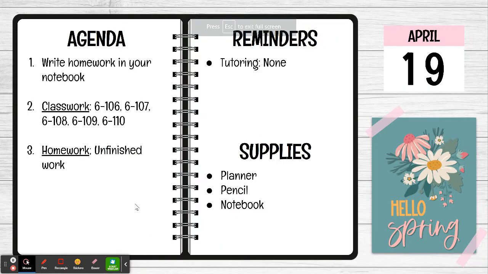Okay, so today what you're going to be working on is these homework problems together, or you can choose to work by yourself. So either with your team or by yourself, you are going to complete problems 6-106, 6-107, 6-108, 6-109, and lastly 6-110. So as I was doing this, I do want to be clear, your unfinished work is